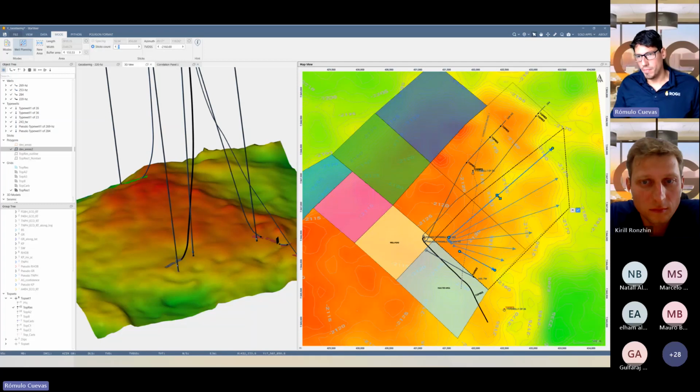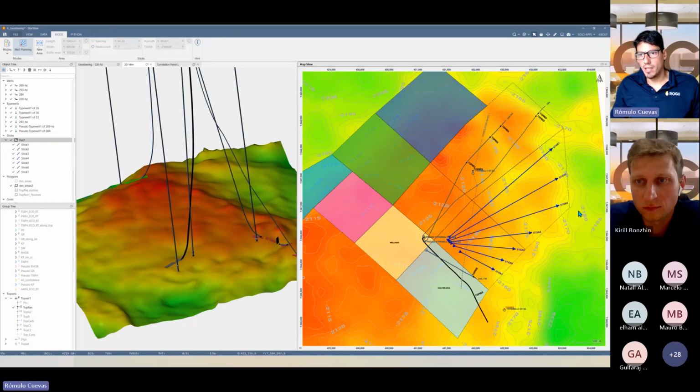I'm going to create a well plan using this direction. So it's parallel to this well here, and I'm going to explore this area, how my well and my structure look when I cross in this area inside my reservoir. Okay, so once you agree with that, you click here,